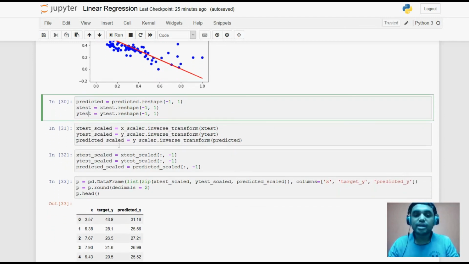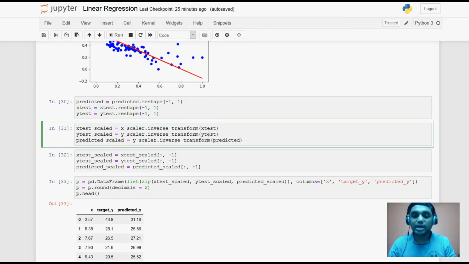In the same way, after reshaping it, I have to take the data which I had already normalized using the dot fit transform function in the normalization of data, and convert it back to normal data which a human can understand very nicely. For that I'm going to use inverse transform functions on x test, y test and also the predicted values, and I'm going to get the following outputs.